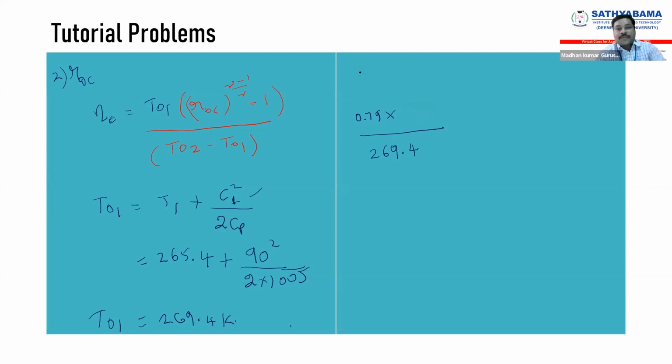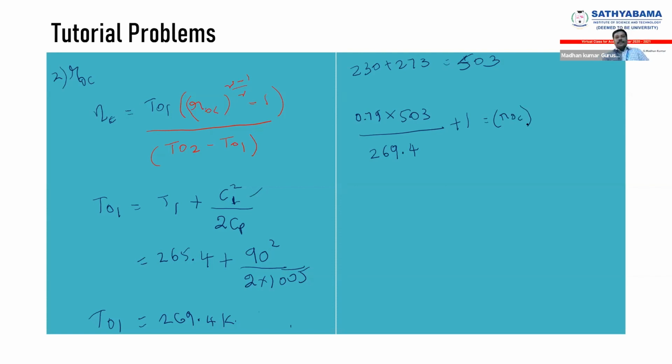So 230 plus 273 gives what? 503, right? So 503 Kelvin, right? Equal to, and here minus 1 is there, right? So replace this minus 1 with plus 1, and finally we have R0C equal to the power of,